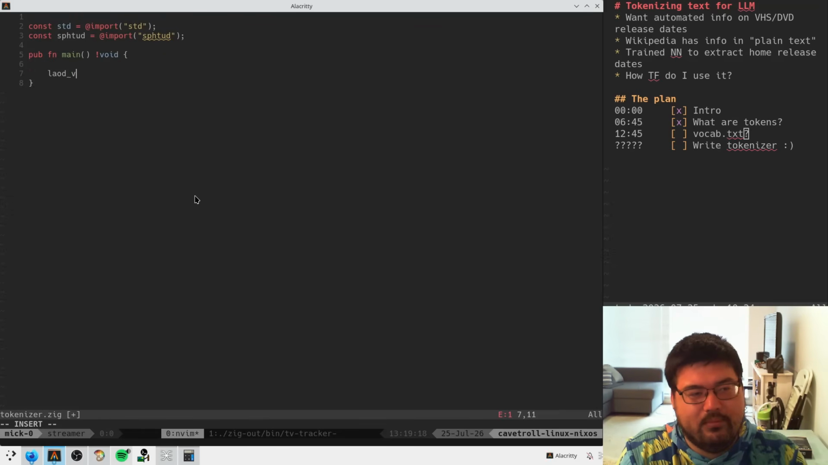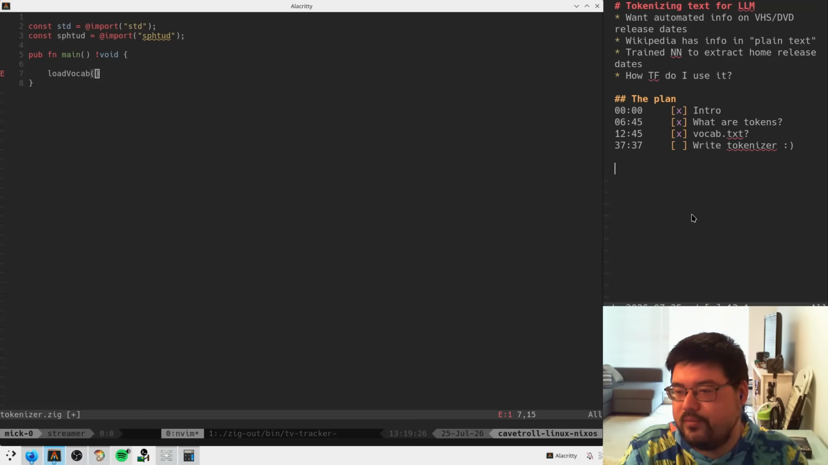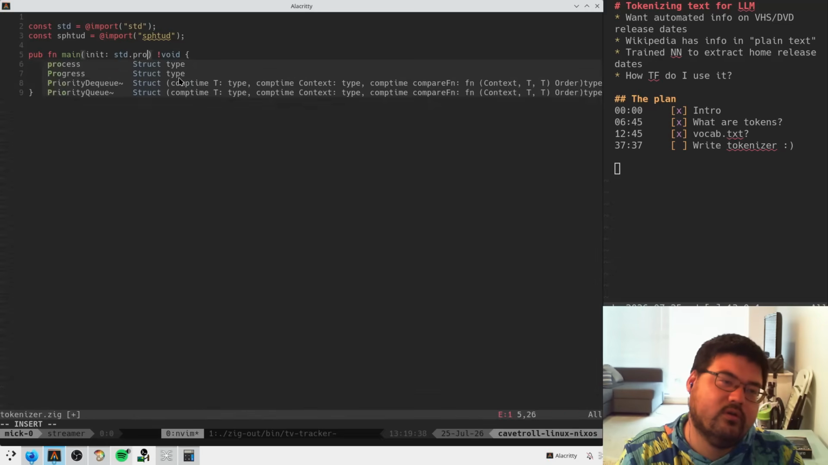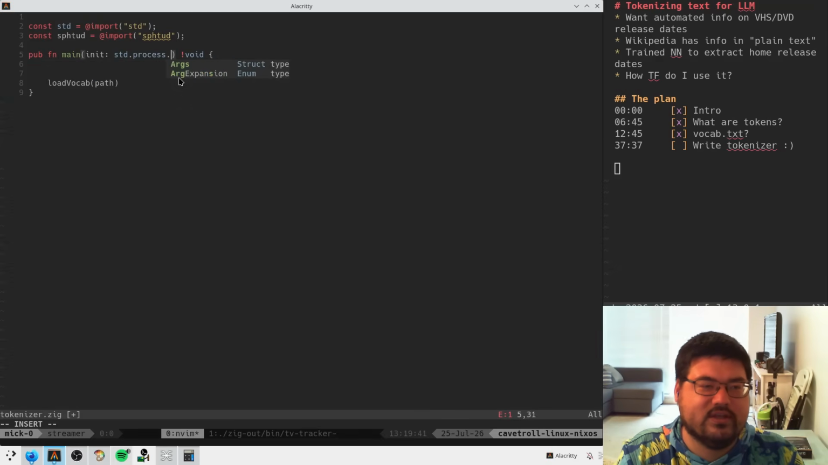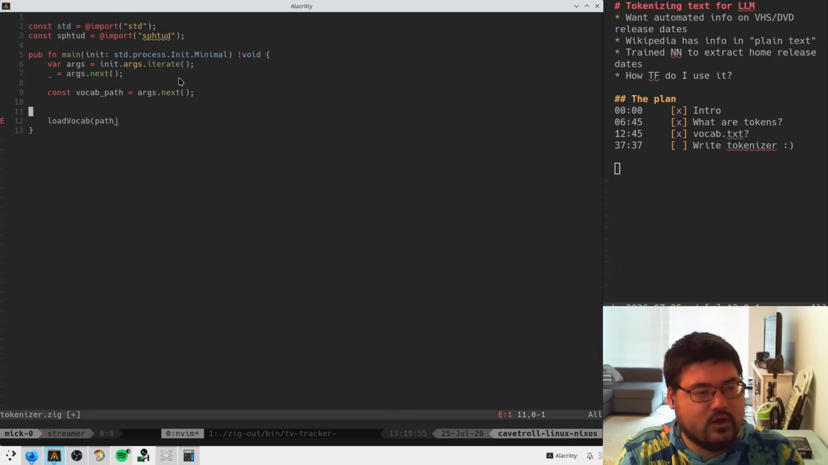So we need to load vocab, right? That's the first piece. I guess at some point we're starting on write tokenizer. Load vocab. Path. Which means that we need some arguments. I think it's init minimal. I'm gonna say var args is init args iterate, and we say this is the process name, ignore that. And then the thing we do care about is the vocab path, which we are then putting into here, I guess. And this is our vocab,